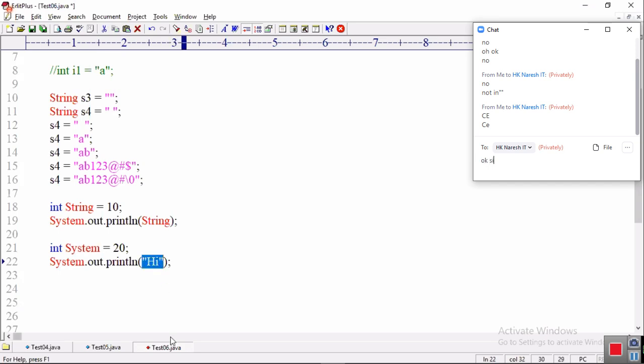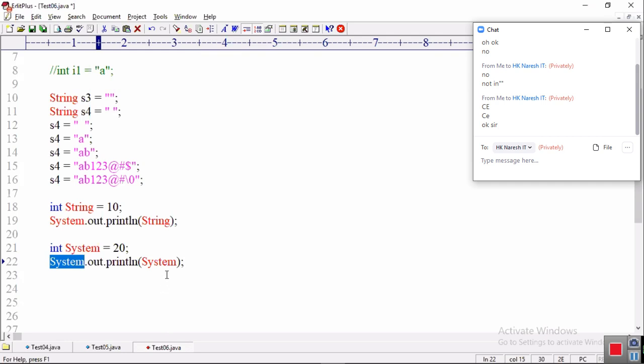Now the interviewer will ask a question like this: what is the output of this program? All the people will not see this first system. All the people will see the second system, system equal to 20, and say the output you are getting is 20. Understand my point? Everybody got clarity?